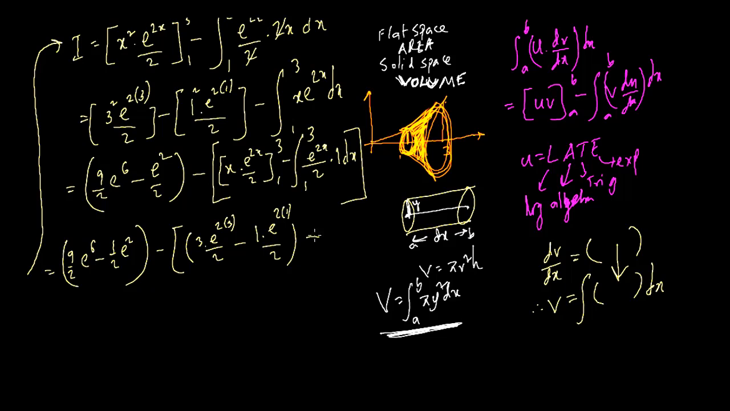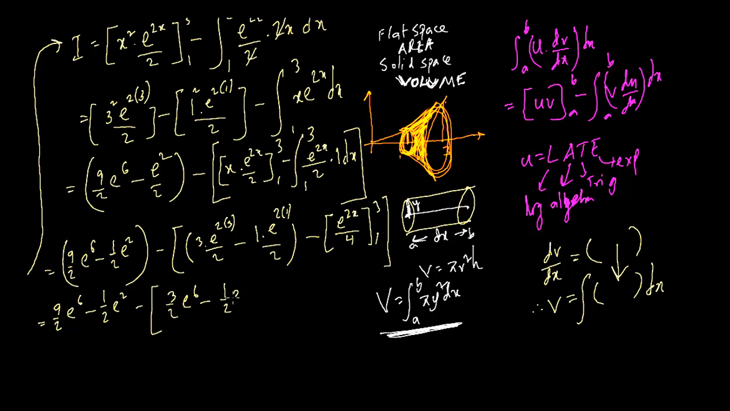Then minus, if we do the integral here, e to the power 2x by 2 is going to be e to the power 2x by 2, and there is another 2 here, so this would be 4, and the limit would be 1 to 3. Okay, so this is going to be 9 by 2 e to the power 6 minus 1 by 2 e to the power 2 minus, let me keep the bracket here, this would be 3 by 2 e to the power 6 minus 1 by 2 e to the power 2